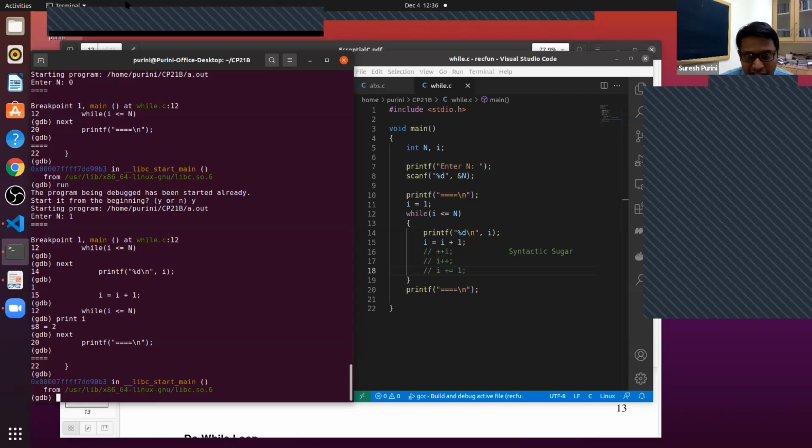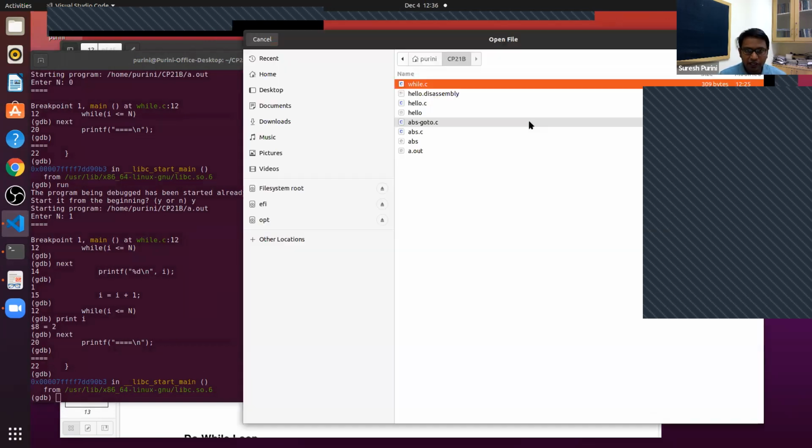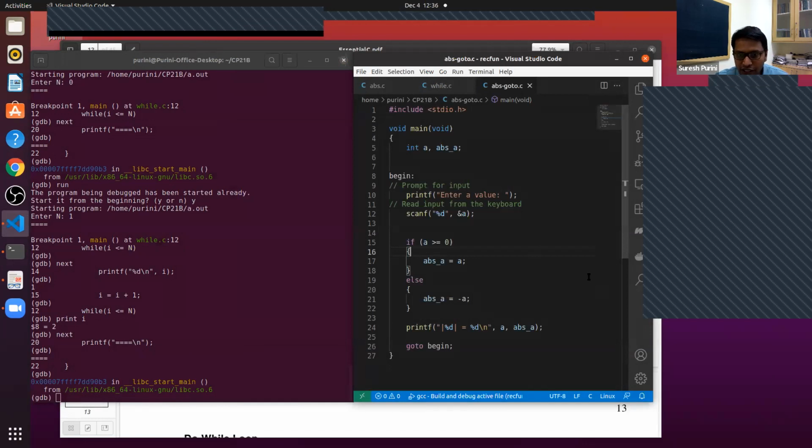Technically speaking, there is this one particular program that we have written, absgoto.c, where we have written an infinite loop.